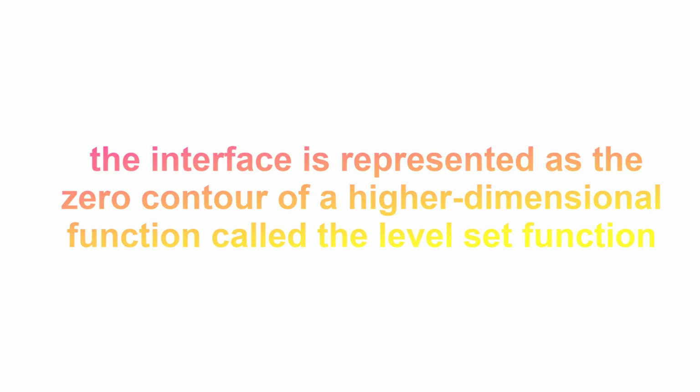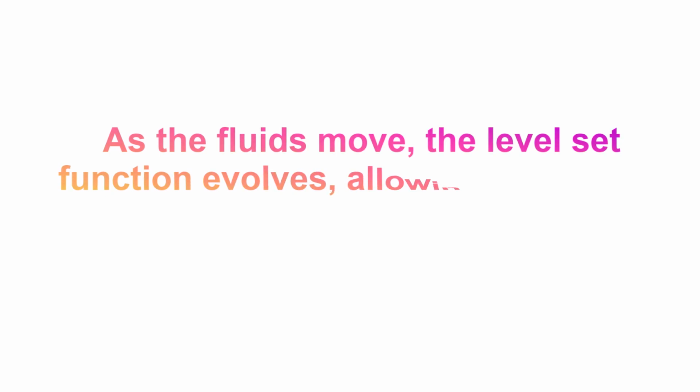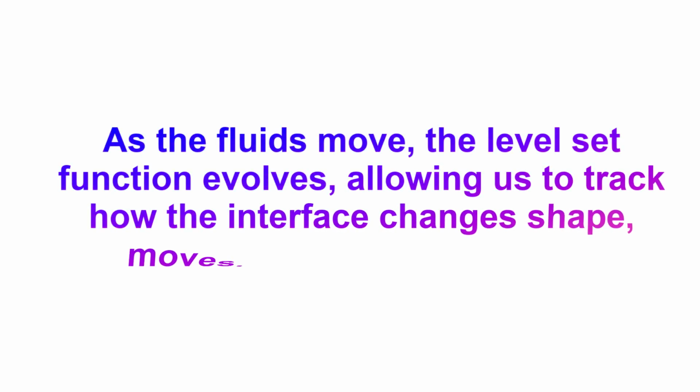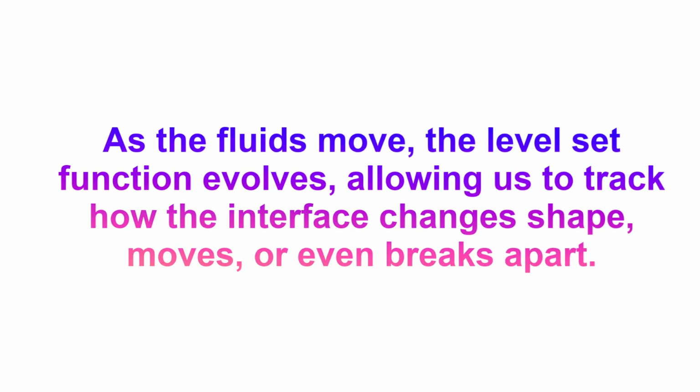The value of the function is positive on one phase. For example, in our case, it could be the air phase, and the negative is on the other phase, that is the water phase. As the fluids move, the level set function evolves, allowing us to track how the interface changes shape and moves